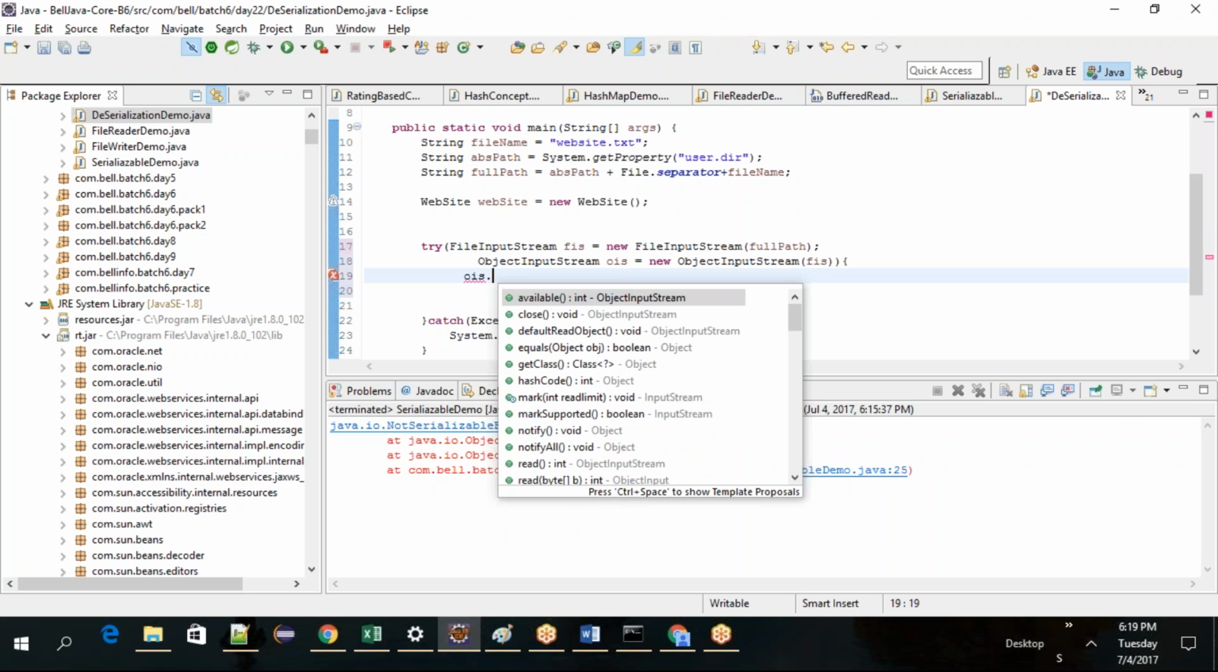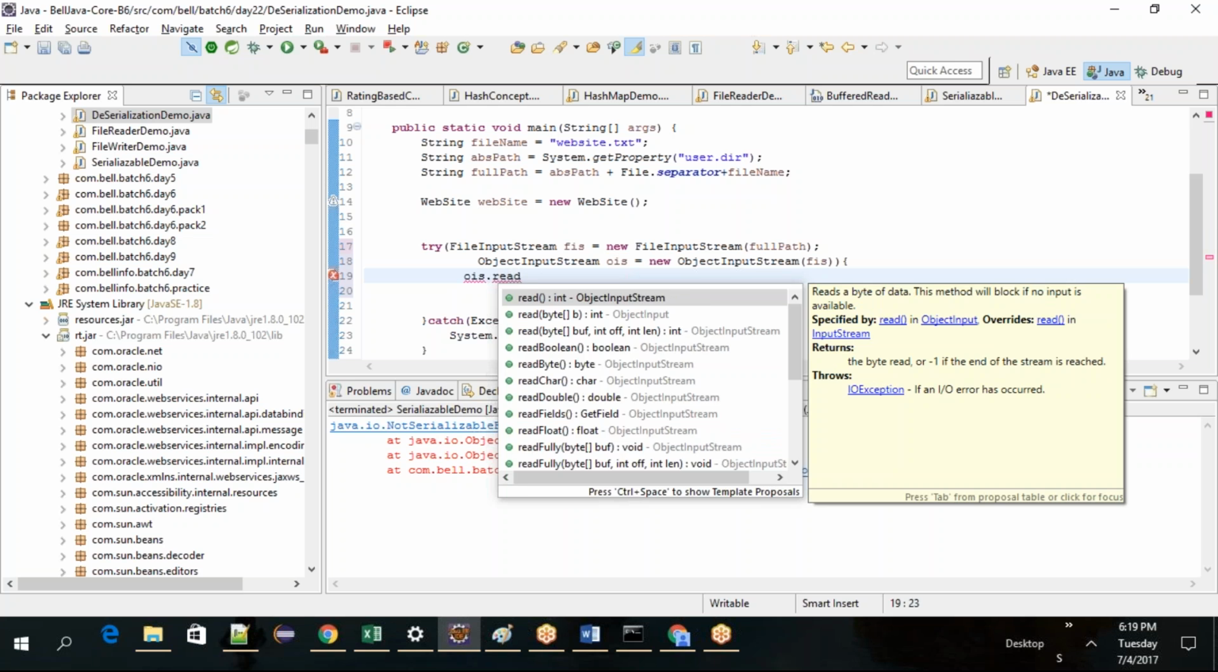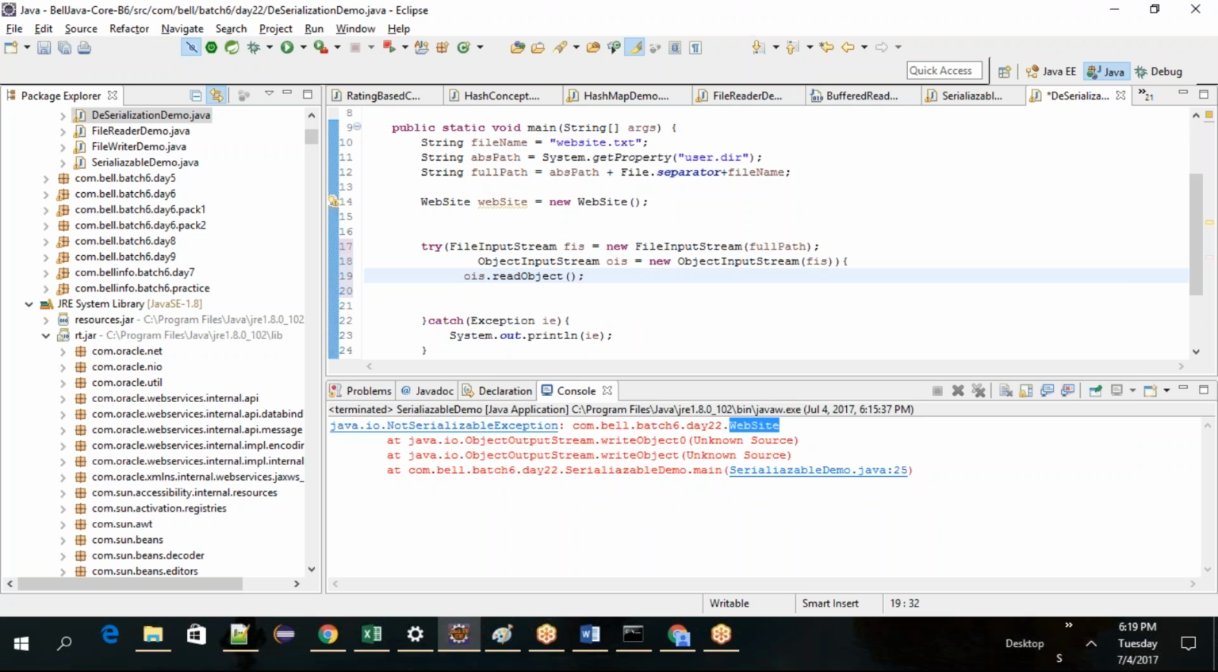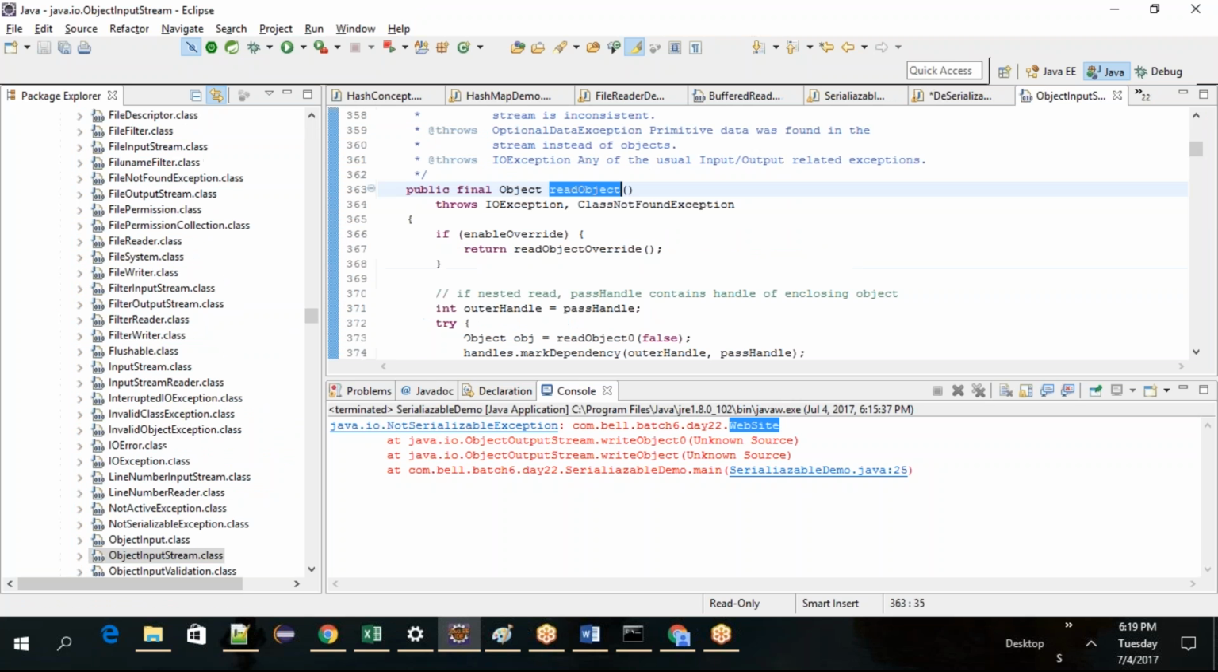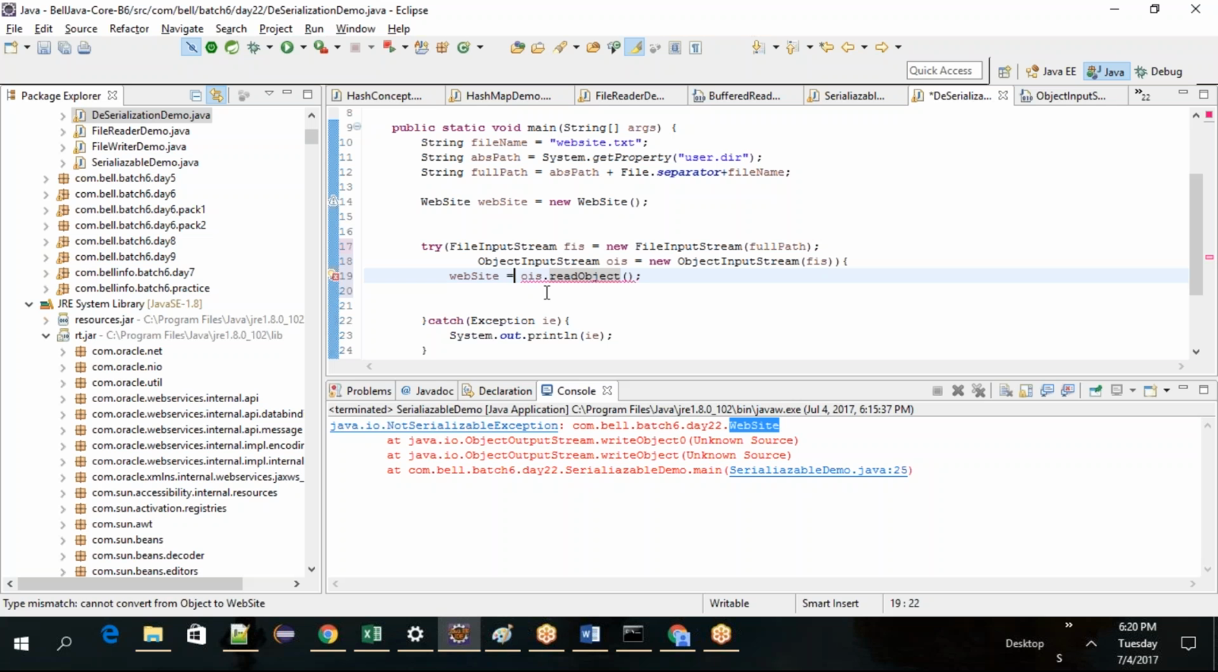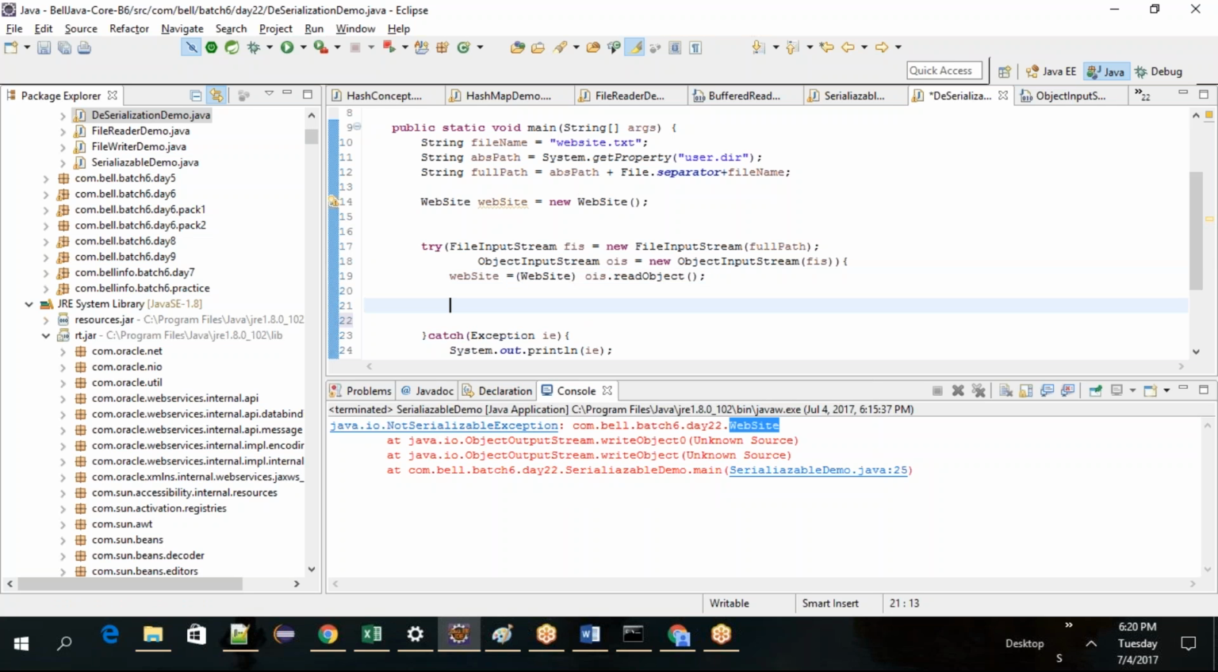ObjectInputStream dot readObject. And then you need to assign it to your website object, whatever the dummy empty object you created here: website equal to. But as it is returning the Object class, you need to downcast it. So how can you do that? You just need to downcast it to Website. Okay, so now if you try to display here with SYSOUT,